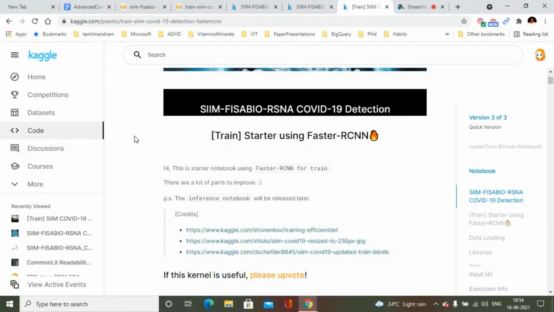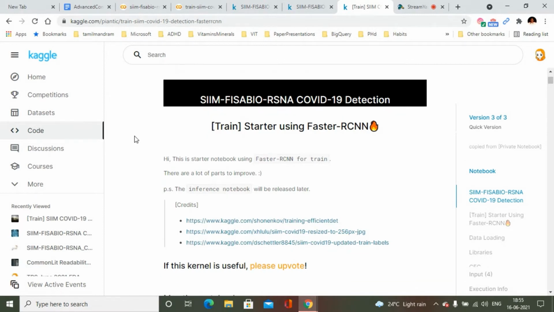Again, for object detection, there are several standard architectures out there. You can use any architecture you like, whether YOLO v5 or EfficientDet, or you can try different state-of-the-art architectures, or come up with your own. But since this is a beginner level session, I'm showing a walkthrough using PyTorch and Faster RCNN.